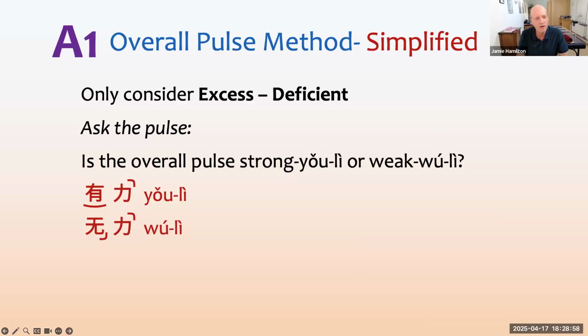Okay, great. So here we are with the overall pulse method, and this is a simplified version of it, but this is actually the most useful bit of the method that I had developed in the book. So we just ask the pulse one thing: is the pulse strong or weak? And I'm going to give you some other words for this, which is forceful and forceless. Here on the left of the screen is the original Chinese,